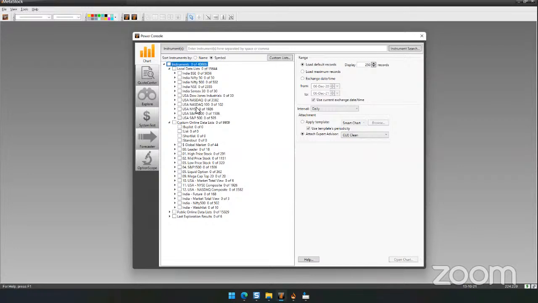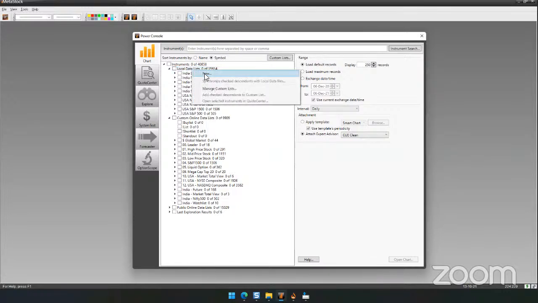I'm not going to delete all of them. Let me delete USA Dow Jones Industrials. How to delete? If you ever need to delete, right click and click delete. Delete the instrument list. Yes, confirm. Now I am going to show how to add these lists. It is a one-time activity. Right click on local data lists, click new,